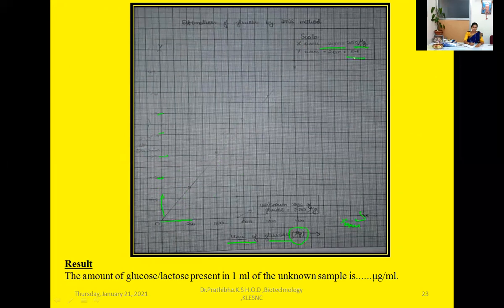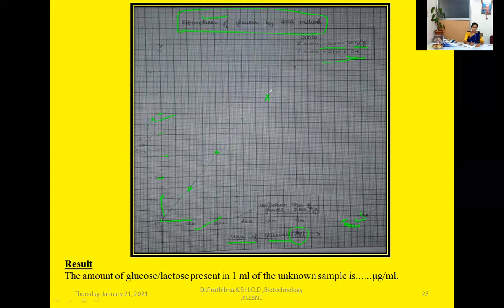This is the scale. Apart from that, you need to write the title of the experiment in your graph sheet, because all this carries marks. Title of the experiment, then the scale, then what is the y-axis, then what is the x-axis, you need to write. Then by using the standard curve, whatever OD you got, you are going to plot, and whenever you plot all the ODs, you are going to put them as a cross mark without fail. And you need to join all the points.